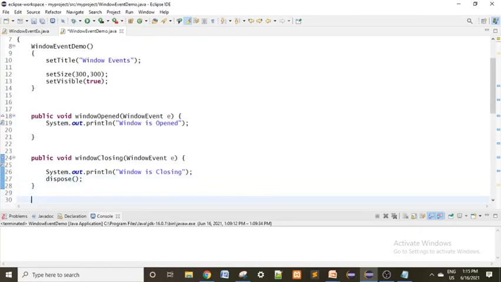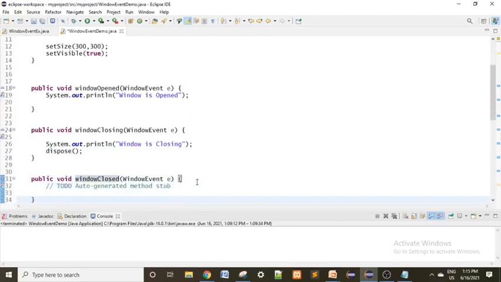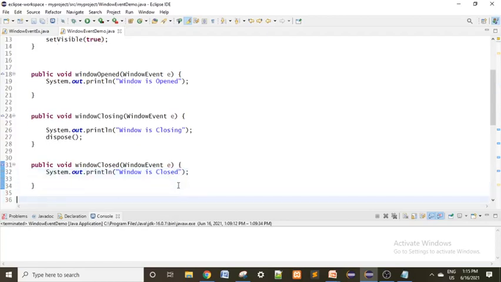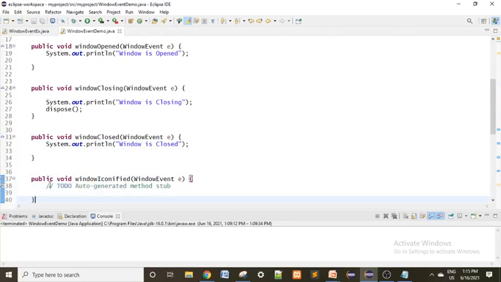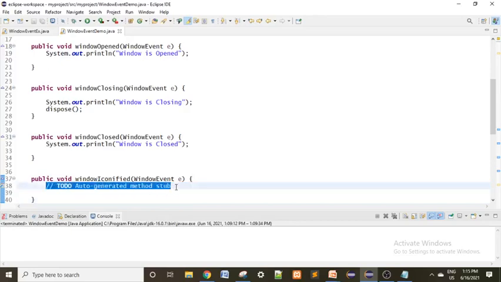Okay, so after the window is closed, this method will be invoked, that is called window closed. The window closed event will be generated. After that, if the window is minimized, this statement will be executed.